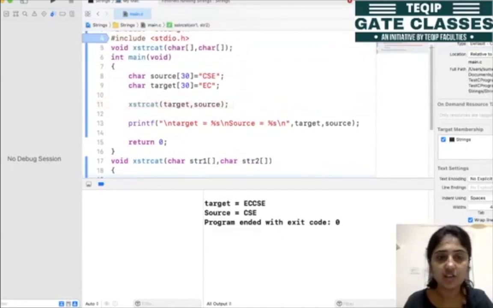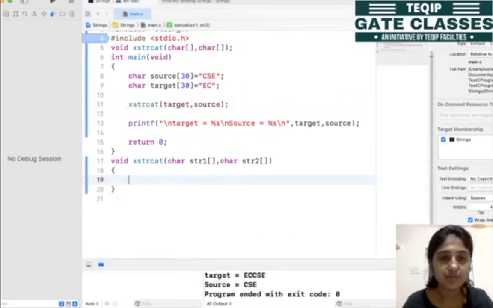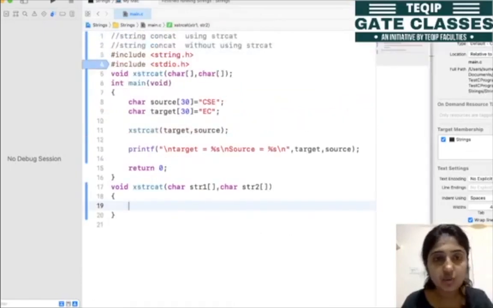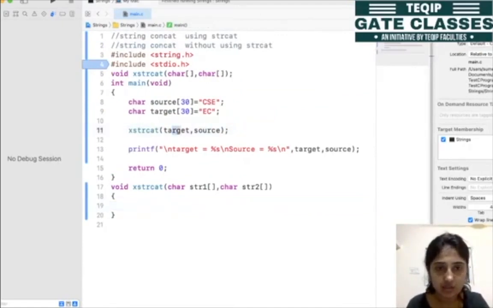Okay, so now this error is gone, right? These are the two character arrays on which we want to do the concat. Here we are passing this target, so target is our EC, and we want that our target should get appended with the source value, that is CSE.